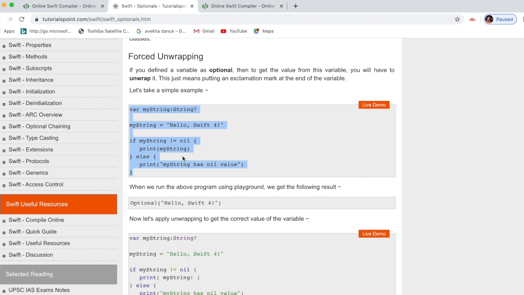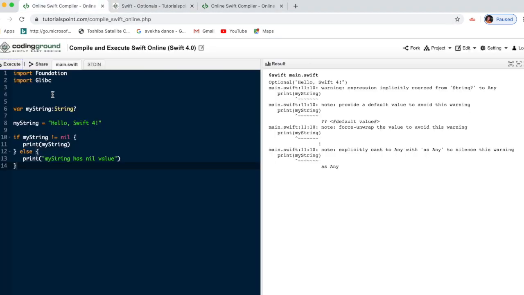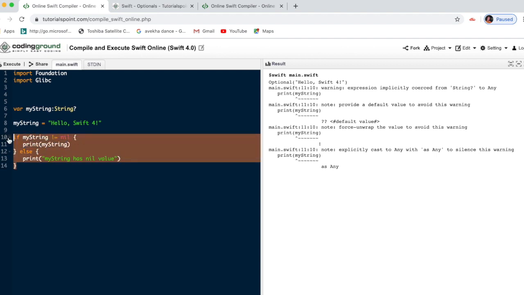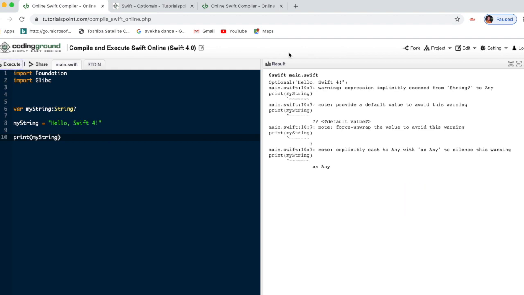As we run here, we just get Hello, Swift 4. So what happened? See here, print my string. See the warning, this is the way optional works.